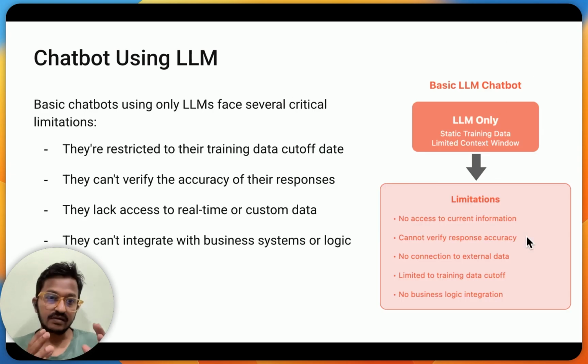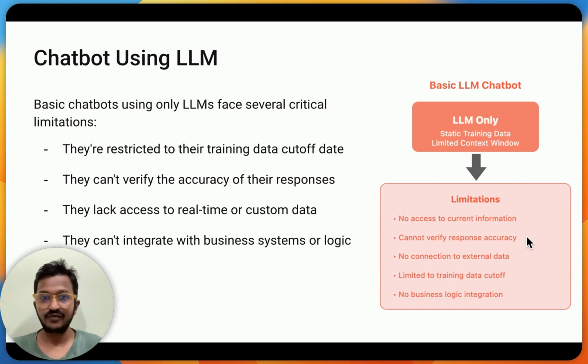So what are the critical limitations that chatbots using LLMs will have? The first thing is they are restricted to their training cutoff date, because LLMs have a training cutoff date. So chatbots are restricted to their own data. They can't retrieve real-time information and they cannot even verify the accuracy of their responses.